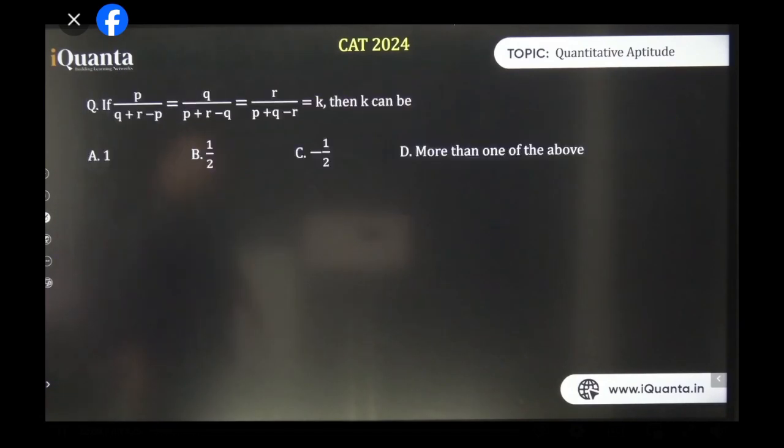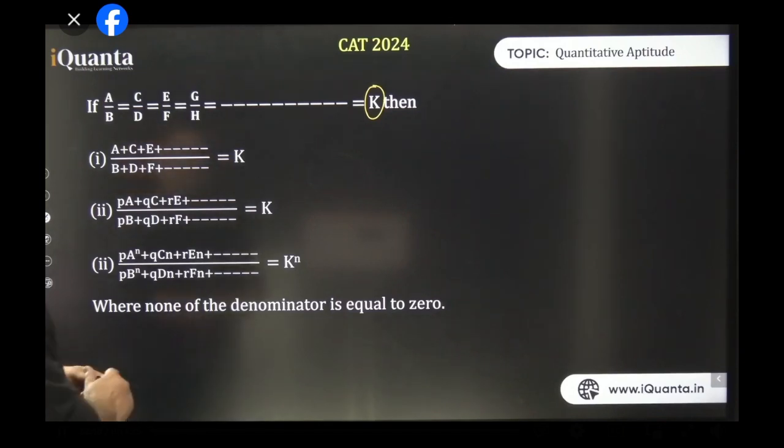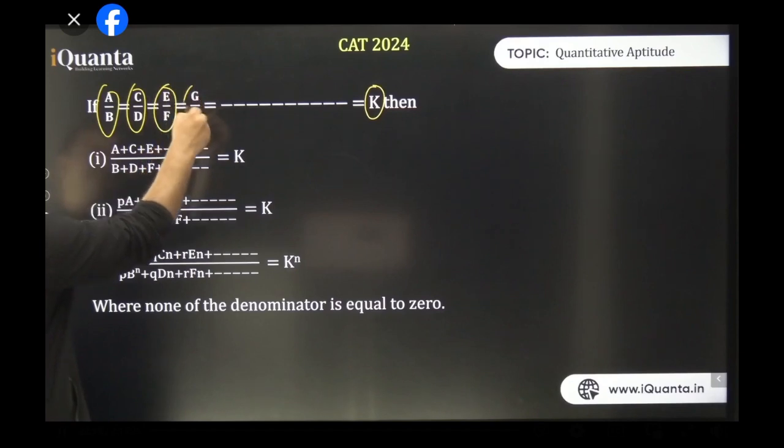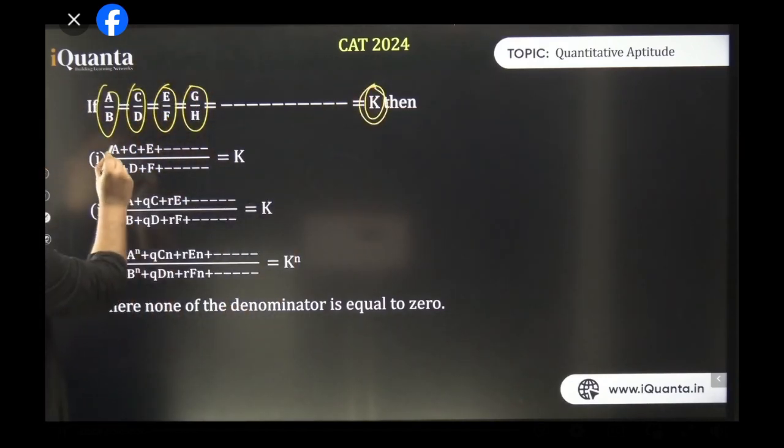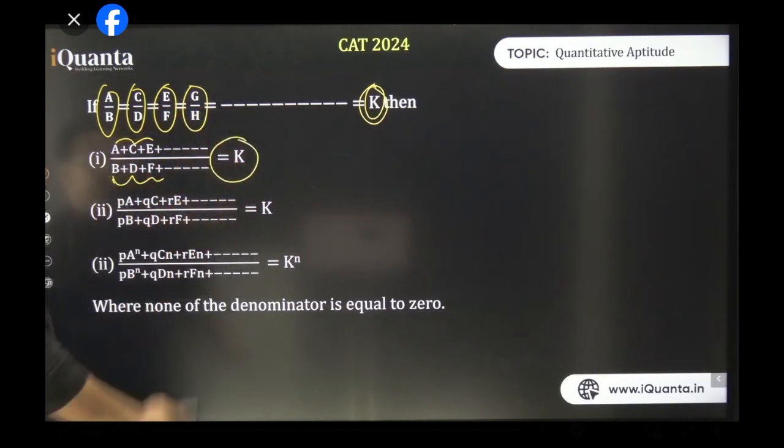Great. Okay, so we were discussing this. This is the property. Note it down somewhere. a by b is equal to c by d is e by f is g by h, and let there be a lot of ratios like this, all of them equal to K. Then if I add all the numerators a plus c plus e plus g, and divide by the sum of all the denominators, we will again get K only. Clear?